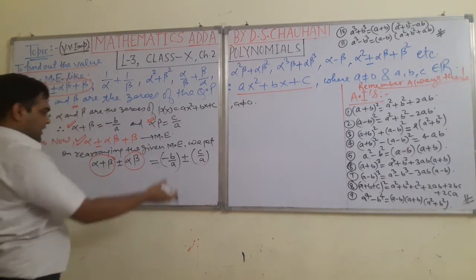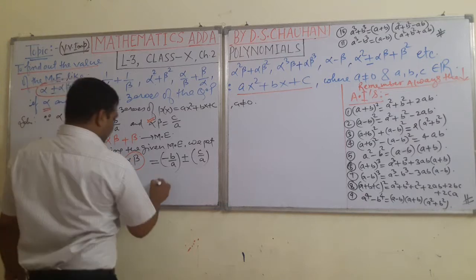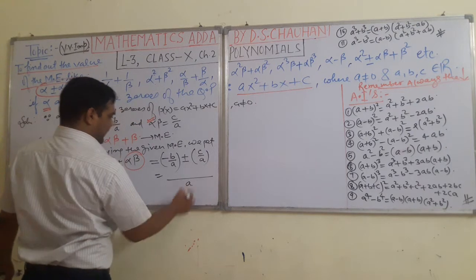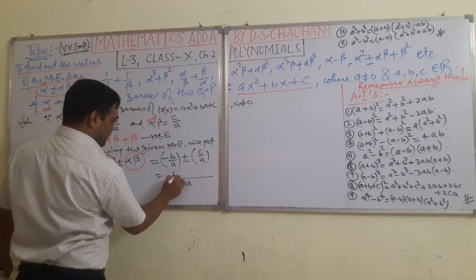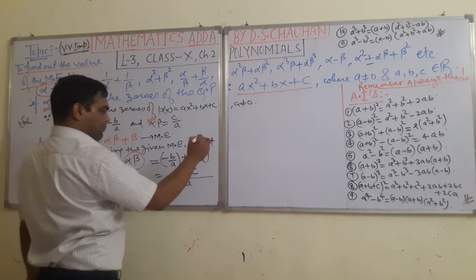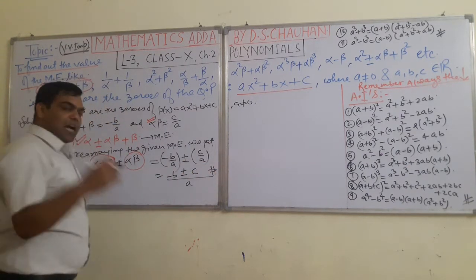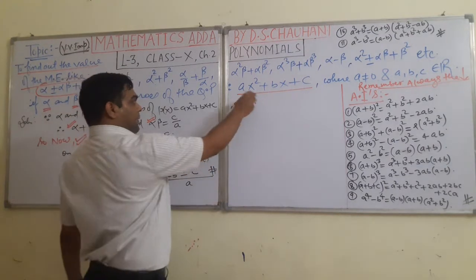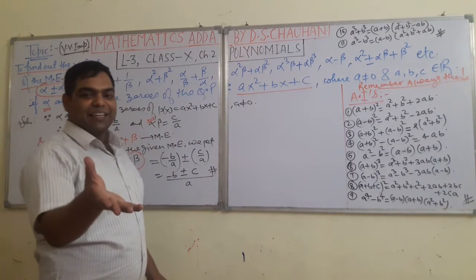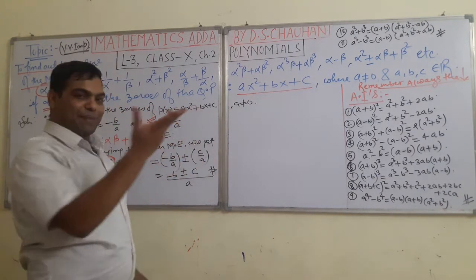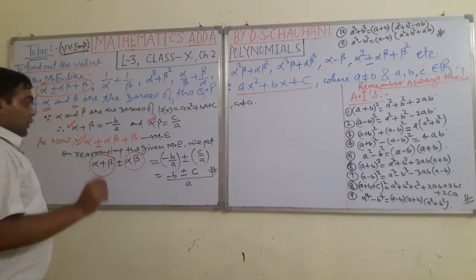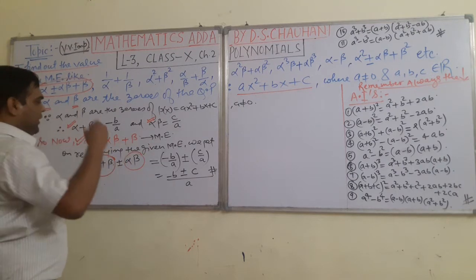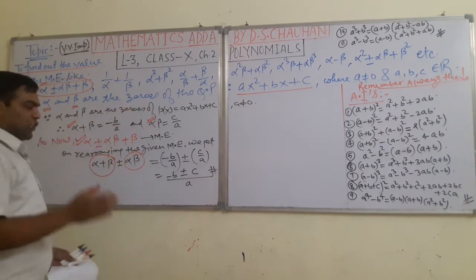Now students, this is a simple problem. We can simplify it. What will we get here, students? See, a is the LCM. By taking a as LCM, we will be able to write minus b plus minus c. Now stop. Why? We are not proceeding further because these are unlike terms, and a, b, c are real numbers. We don't know what these are. We only know that these are real numbers. Well students, keeping this in mind, we can find the value of other expressions. You try to understand.